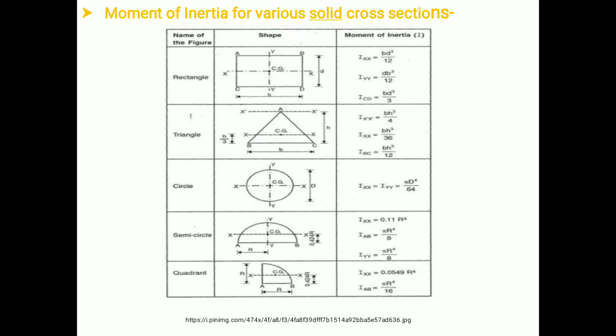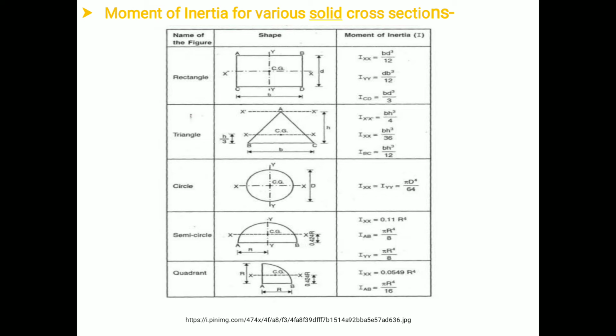Xx is the axis which is passing through its CG, and it is located at a height of 0.424 of the radius from its base AB. In the same manner, we will consider the moment of inertia about the y-axis also, which is passing through its CG. But remember that about the y-axis our semicircle is symmetrical. Therefore, we are going to consider the value of Iyy as pi by 8 r raised to 4.